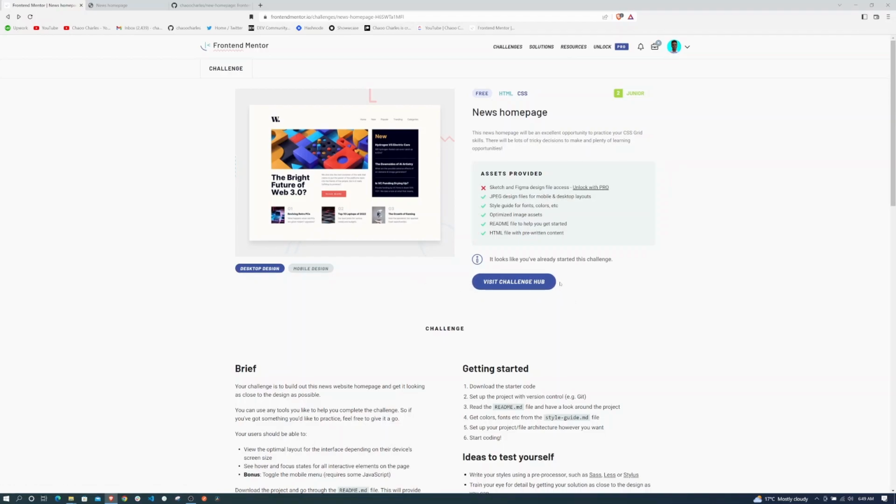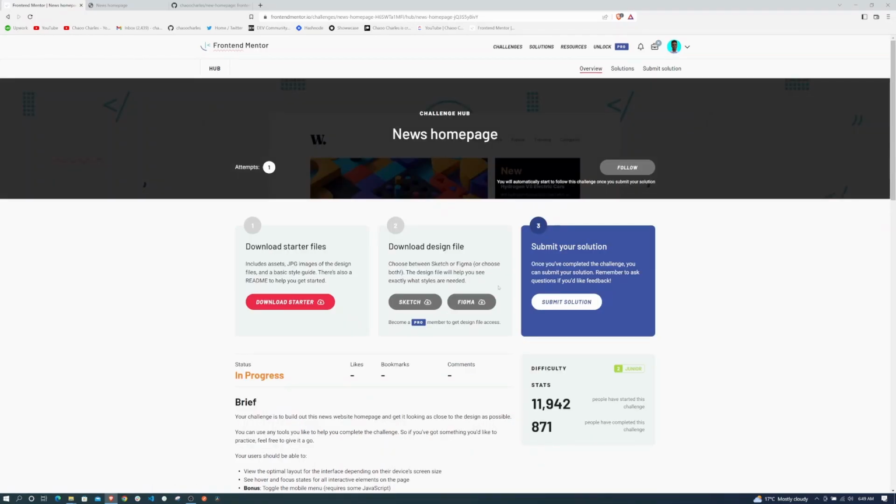If you don't have an account, you'll be asked to log in. You can use GitHub for that. Just log in or create the account, and then you visit the challenge hub, okay, or start the challenge. Once you get here, you will get to download starter files, and all you need to do is to download the starter. Once you download, you'll get a zipped file,